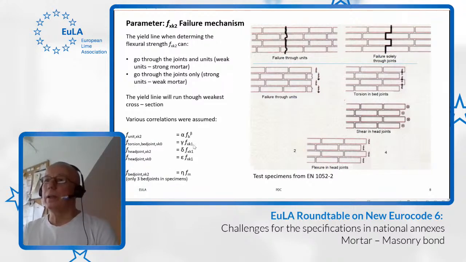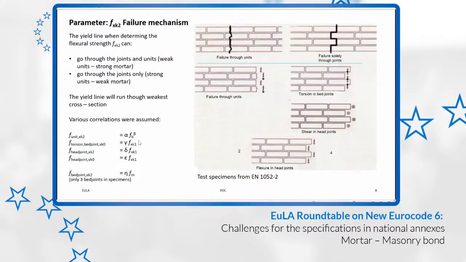So we assumed that there was this correlation. The flexural strength of the unit itself must somehow be proportional to FB in a power, with different correlations to it. And we have the torsion that is an adhesion problem, so that is relevant to FXK1, and the head joint that is also proportional to FXK1, and FVK0 is also proportional to FXK1. And the bed joint itself must also be proportional to FM, the bending of the bed joints. So this correlation was assumed, and then we